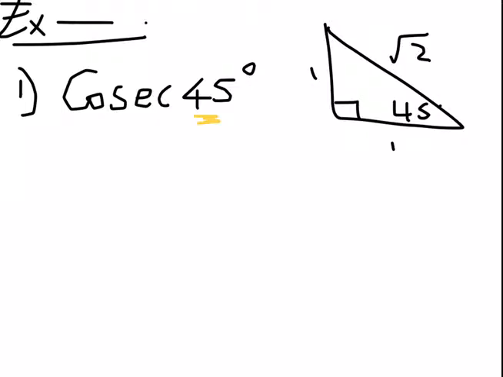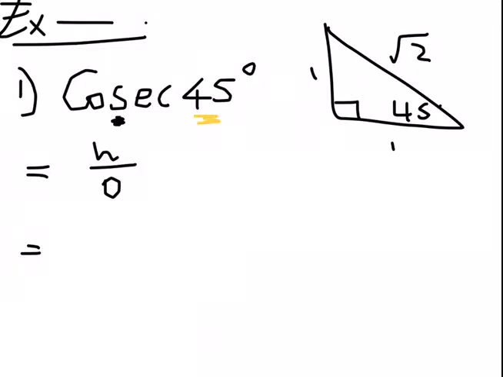So that means in this case you will just need to remember that cosec is the reciprocal of sine, and we do know very well that sine is opposite over hypotenuse. So that means cosec for this one should be hypotenuse over opposite. So this is how you would therefore work it out, and then you look at that angle of 45, or that special triangle for 45, and say which side will be